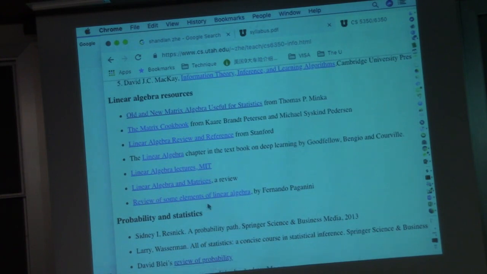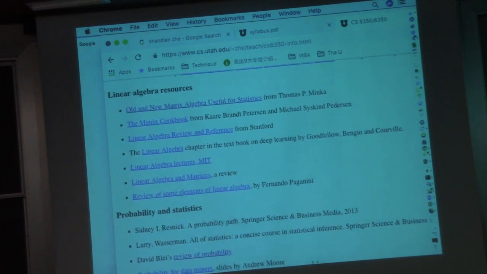We also have some extra resources about the mathematics part of our course, like linear algebra and probability and statistics. These are very useful, especially if you want to review your linear algebra knowledge. This one is very classic, written by Comita, a graduate from MIT. For probability and statistics, if you have taken a probability or statistics class but just forgot the basic concepts, take a look at David Blei's slides about review of probability. He is a big name in machine learning. That will be sufficient.